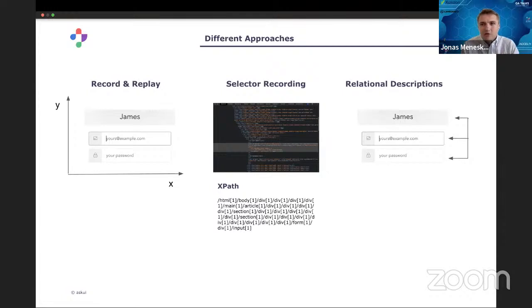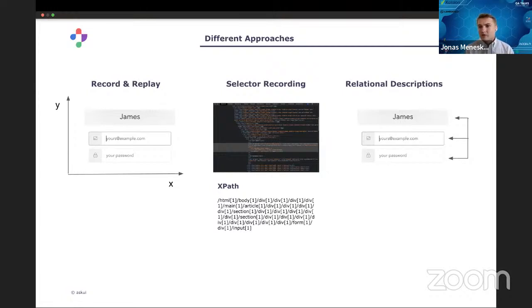where instead of recording positions, you interact with the application itself, like with a white box. We look under the hood of the application and see, okay, I click on an element and then I get what kind of selector it has, for example XPath in web or in the document object model. And then you record that and use it for automation. If you change something visually but don't change the selector under the hood, you can rerun the test automation and it will still work. So it's easier to maintain; it's more robust.